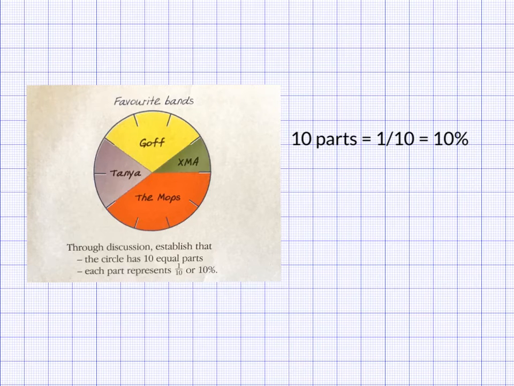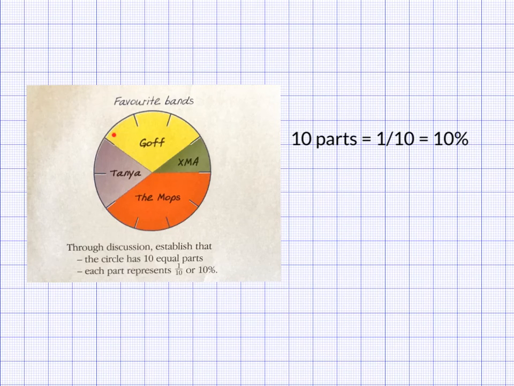This time we have a pie chart that is already complete. So the first thing you do when you look at it is you look at the title, see what it's about, and then you look at how many divisions it's got throughout the circle. So this one has 10 divisions. So there are 10 parts, so that's a tenth, 10% per